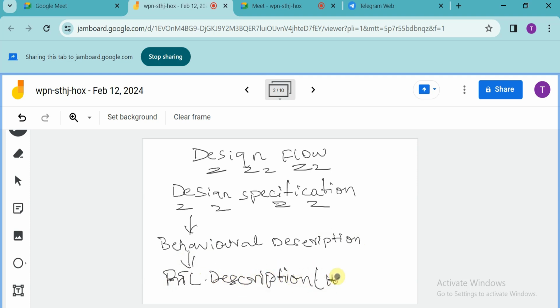Here our Verilog and VHDL come into play. In this step we will write the code for the design in Verilog and VHDL. So in this step we will write all the coding, and after this we have,